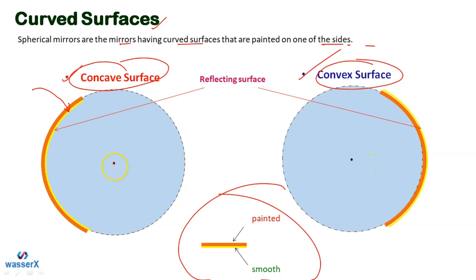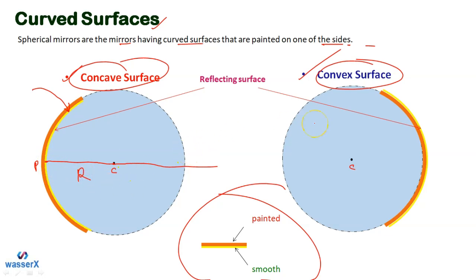This center one, you can call it the center of curvature. Okay, you can name it as C here. This is what we call the center of curvature, and the line passing from this center of curvature, that's what we call the principal axis basically. And let's say this is point P, that is generally what we call the pole. Okay, so the distance from point P to point C we will call the radius of curvature, or the radius.